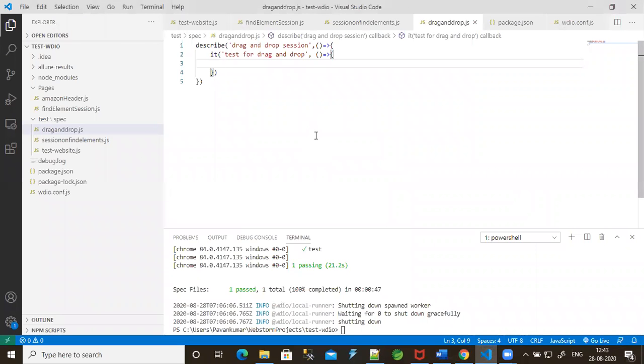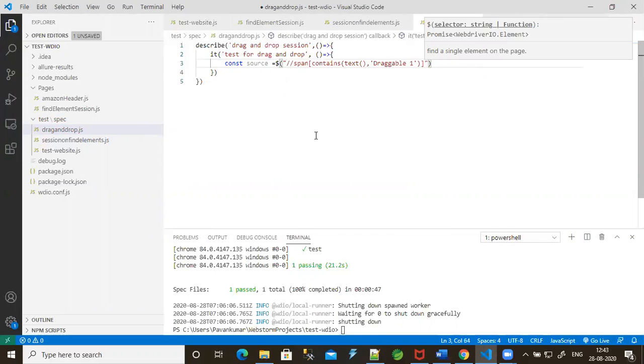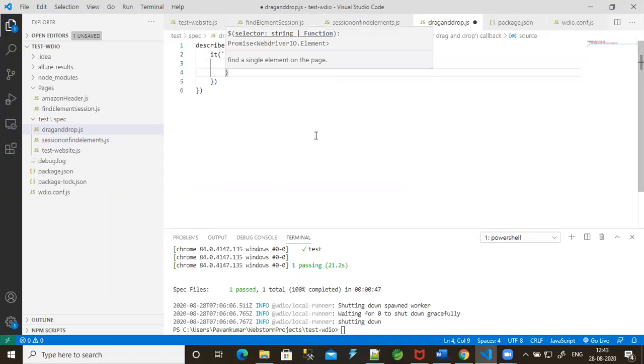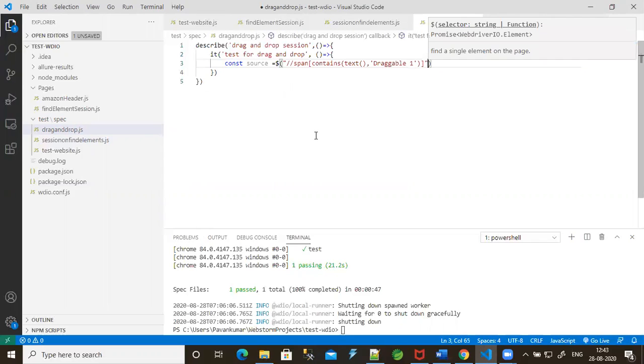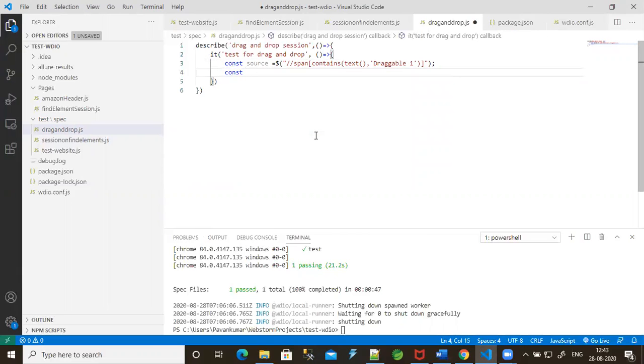I would like to create one constant variable and name it source. It is only one element, so I'm using dollar find element. One more variable for destination, I'm giving it as dest.